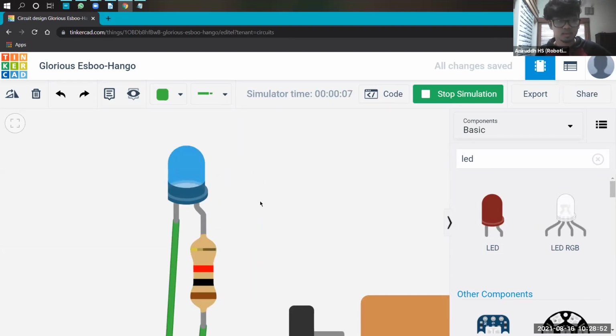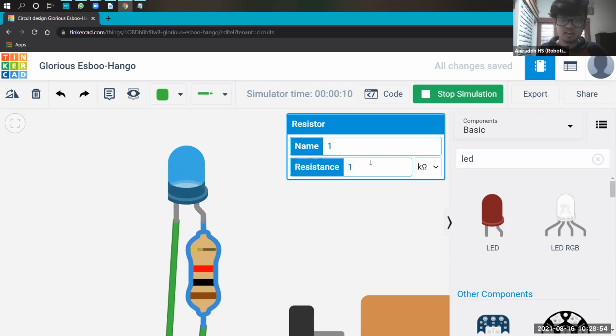Now look at what happens. Everybody observe this. I'll click on the resistor. It's currently at 1000 ohms. So let me start from 10 ohms. I'll make it 10. The resistor explodes. I'll make it 100. The LED is burning brightly. I'll make it 1000. It's okay, normal. You don't see any difference, right? Now you see. I'll make it 10,000. The LED's brightness reduced. I'll make it 100,000. The brightness reduces even more because the resistor is not even allowing much to flow to the LED.